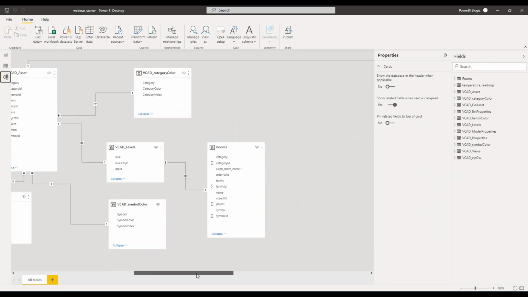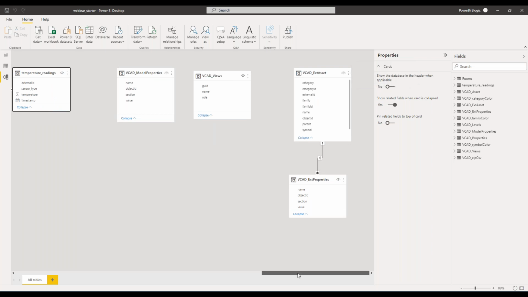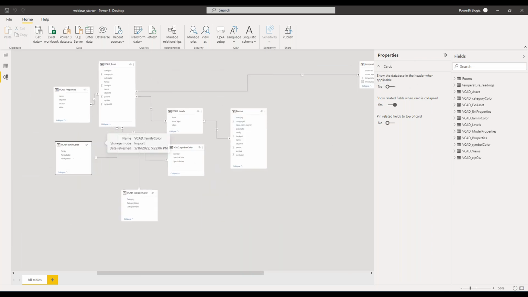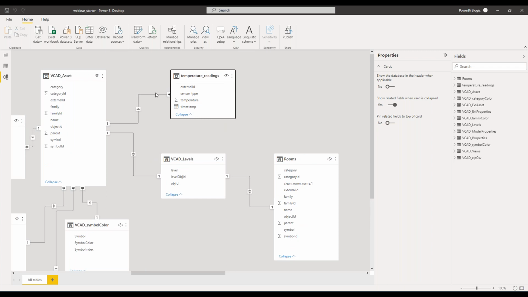So I can go over here to model, find my new temperature readings table, drag this over. Let's make a little room here. We won't need these tables today. Here we go. And we can have a look at the temperature readings, which has been connected to my assets table correctly using the external ID, which is exactly what I wanted. So now if I go back to my report,